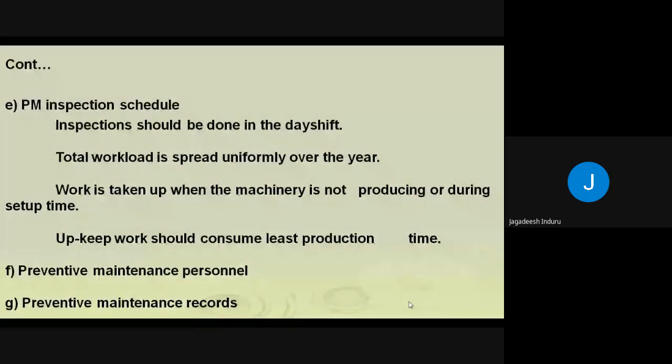Generally, when you have made the program, schedule and plan, we need to carry it out in the form of action. So how to do it? The inspection should be done in the day shift only. Don't ask the preventive maintenance team to work at night. Generally, their work levels and awareness are a little lower, and it is not going to be better at night time. That is the reason the preventive inspection should be done in daylight,